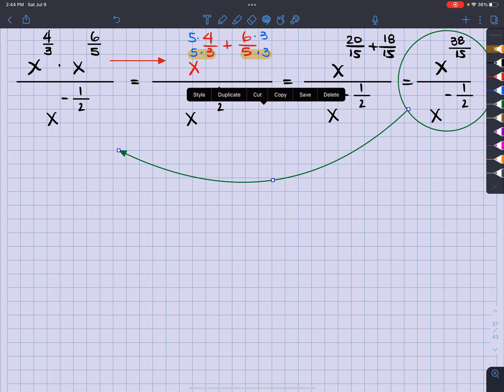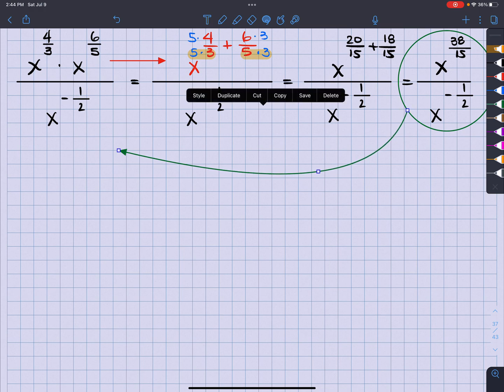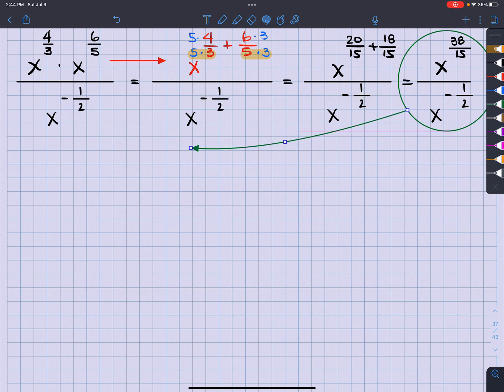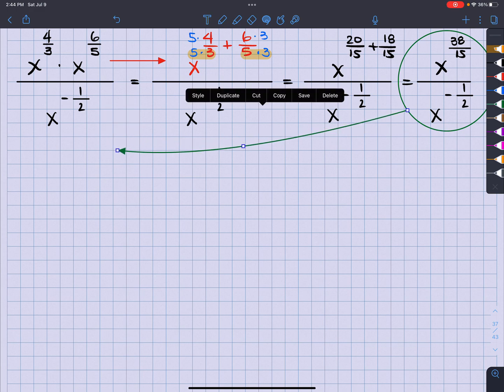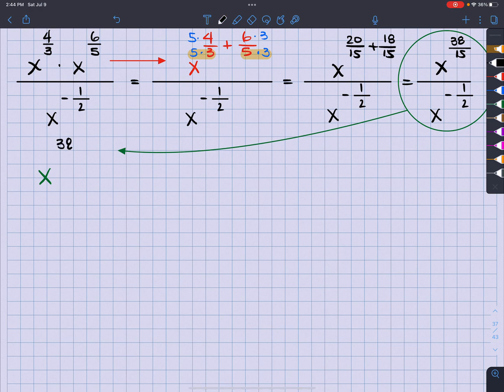So what I have here is that I'm going to have the same base, but I'm subtracting. So I have 38 over 15 minus a negative 1/2, right? So same thing. Now, what do I really have though, right? Don't I really have x to the